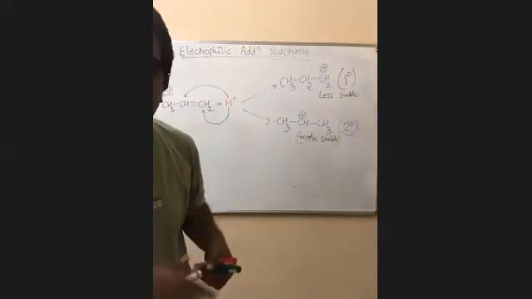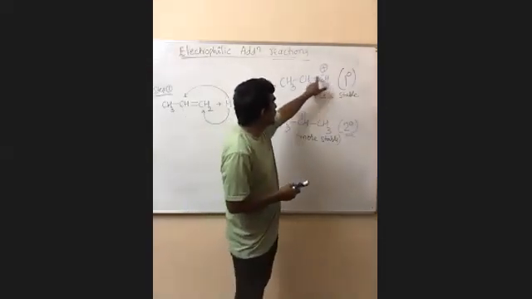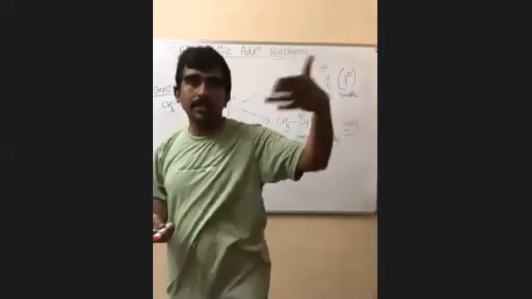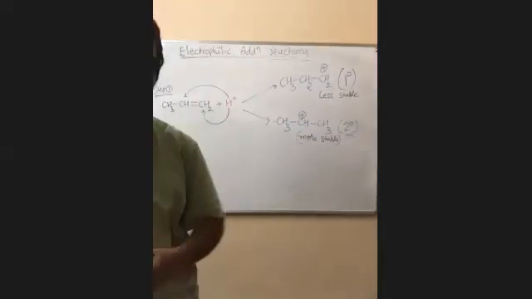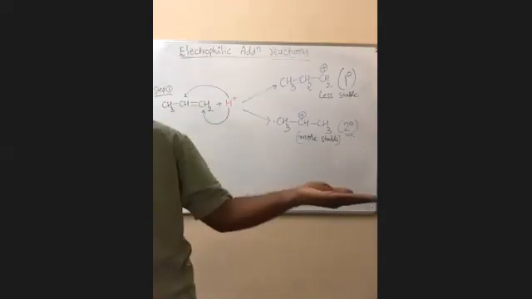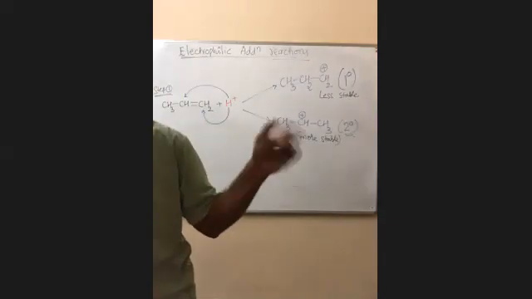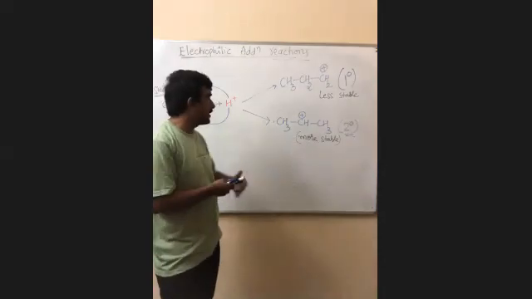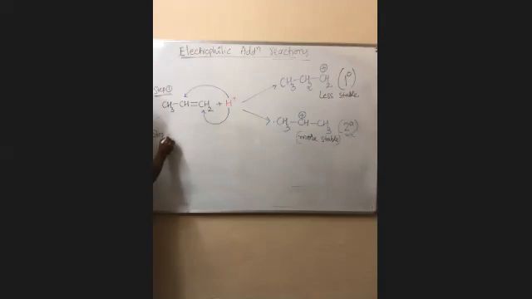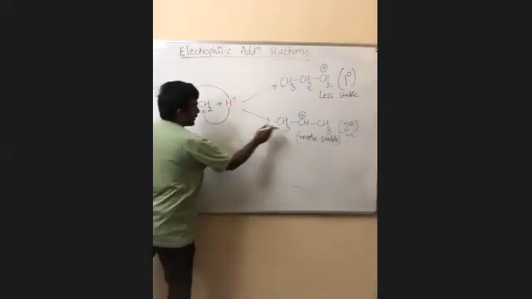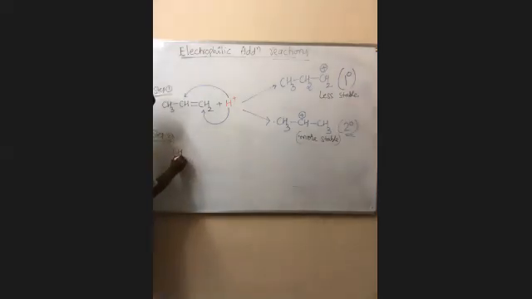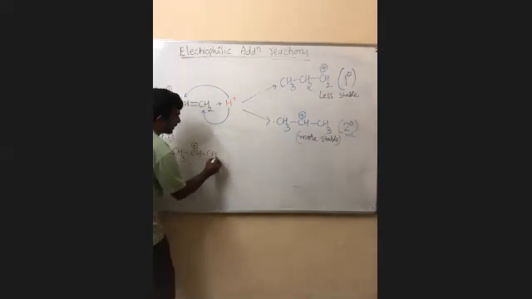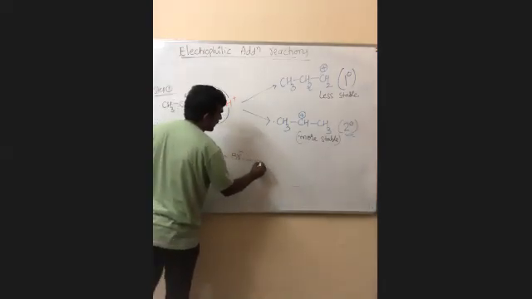Now you can ask one question, sir. Will this primary also convert to this one by hydrogen shift? Yes, you are 100% correct, a shift can take place. But this is step number 2 here. Step number 2, what happens? This will continue. That is the carbocation CH3, CH plus, CH3. Then Br minus will go and add here.